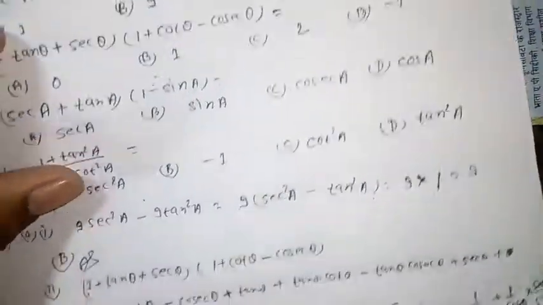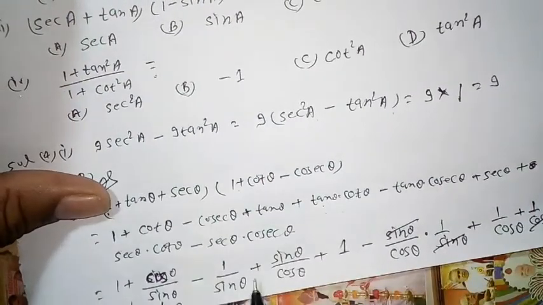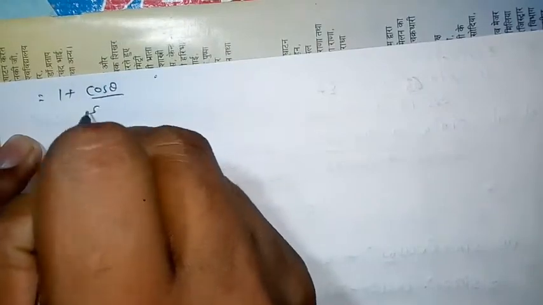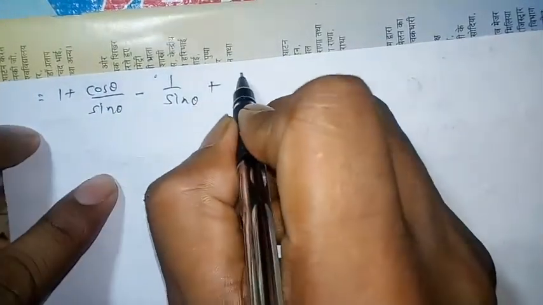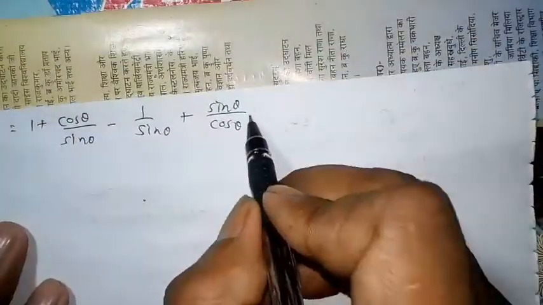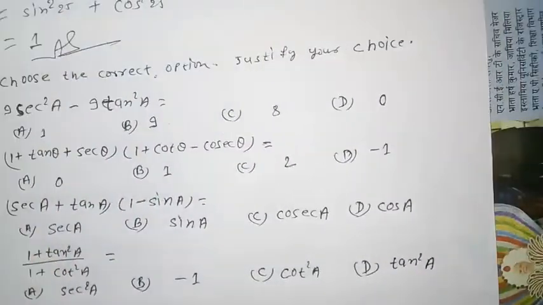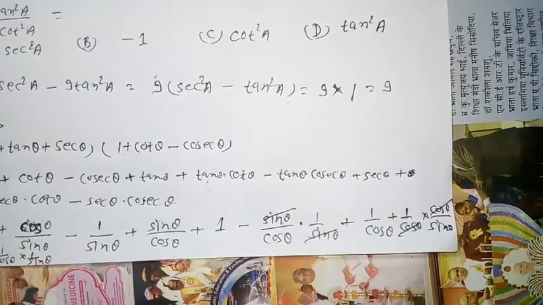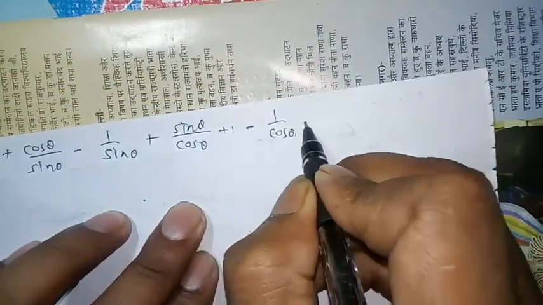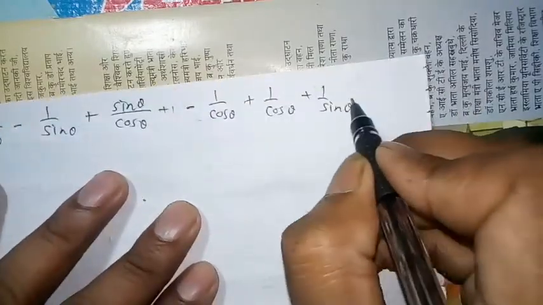Then 1 plus cos theta by sin theta, minus 1 by sin theta, plus sin theta by cos theta, plus 1, minus 1 by sin theta, plus 1 by cos theta, minus 1 by cos theta, plus 1 by cos theta, minus 1 by cos theta, plus 1 by cos theta, plus 1 by sin theta, minus